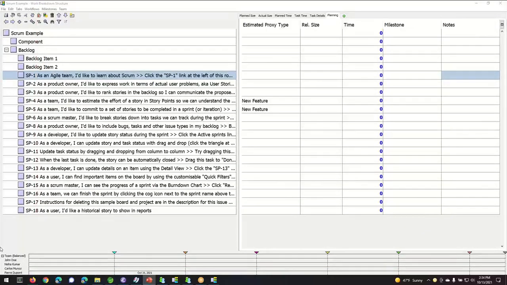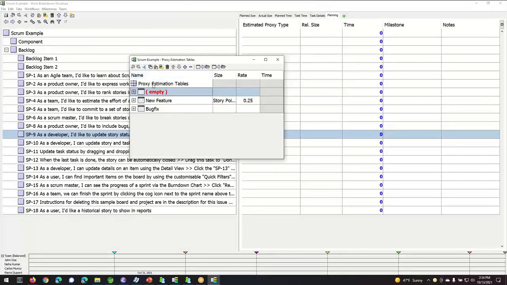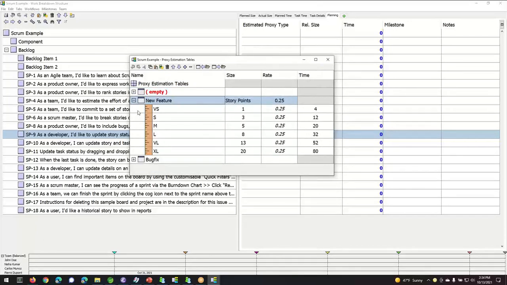So in this example, I've looked at the different items that might be in my backlog, and I've come up with, in my case, estimation tables. These estimation tables, you could imagine, would be similar to planning poker cards. So in our planning poker cards, we might say that we've got these different cards in our deck for very small new features, all the way up to very large or extra large features,